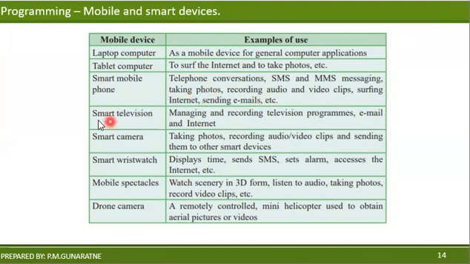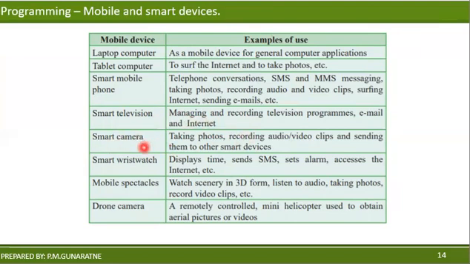Okay, right? Then smart televisions. They are much better than previous versions of televisions, right? Smart televisions can read digital images, digital audio, video, right? So it supports pen drives. So you can use a pen drive, and you can watch movies, you can listen to songs, right? You can do several things using smart televisions, right?